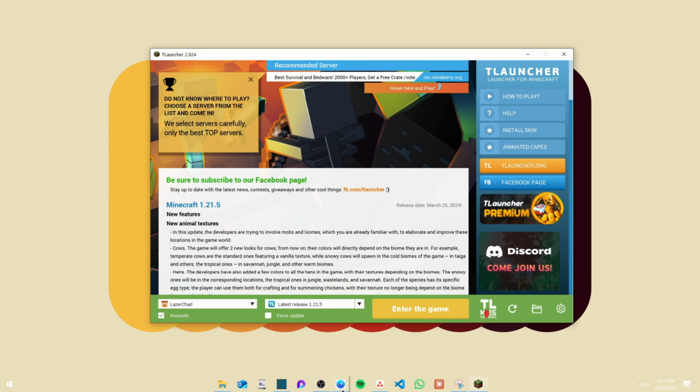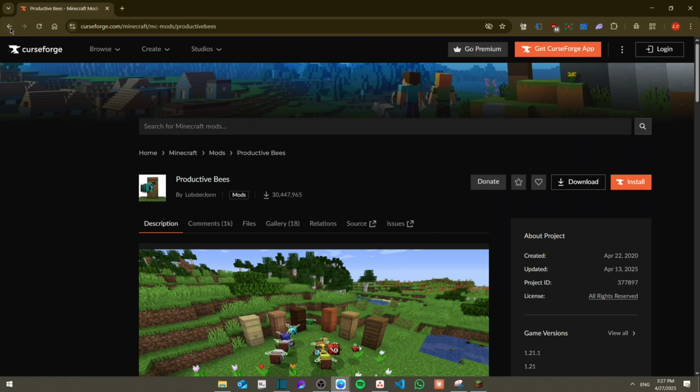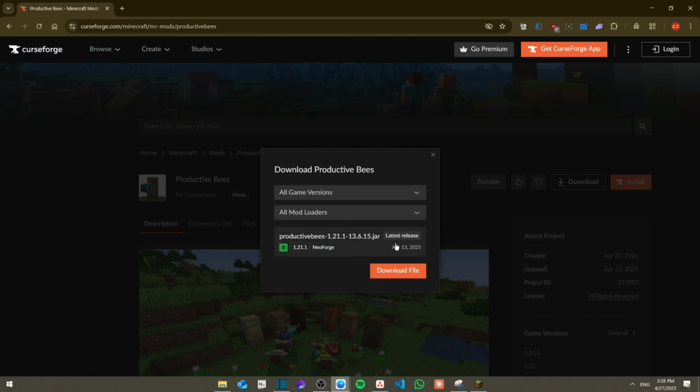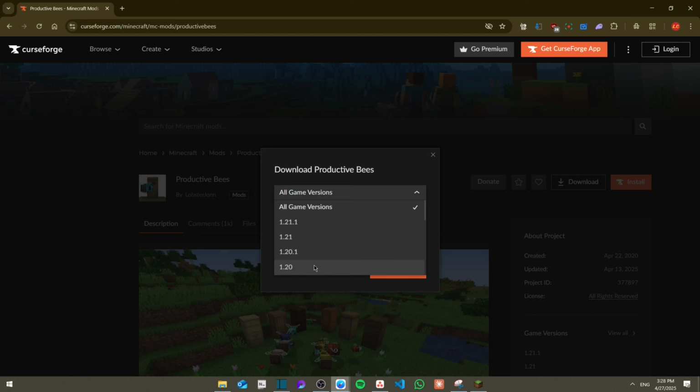So first of all, you're going to go to your web search, and then from here you're going to search for this exactly, Minecraft Productive Bees mod, and you're going to find the first link in the CurseForge right here. Click it, and then from here you're going to manually download it for all game versions, or you can select